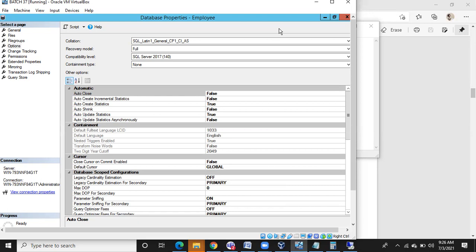Is it clear? Full recovery model is clear. Recovery model is basically the controlling behavior of a log file. We have three types of recovery model: full, bulk logged and simple. In the full recovery model, it will track each and every transaction, and the log file won't be truncated automatically. So log backups and tail log backups are possible, and with their help we can achieve point in time recovery in the full recovery model.